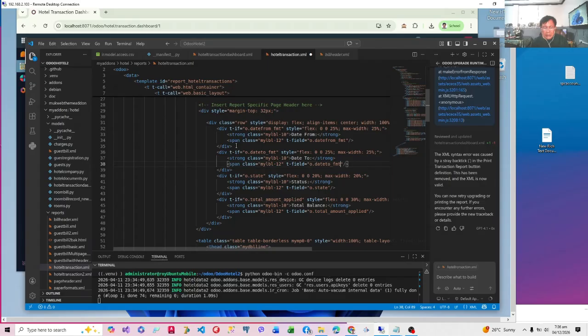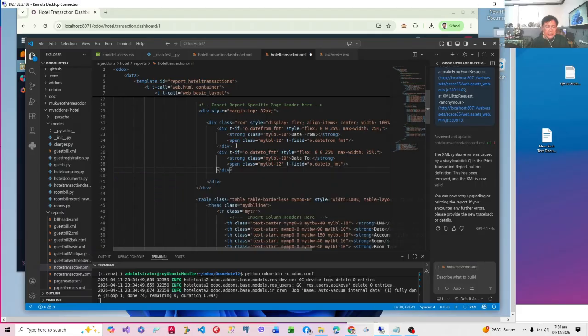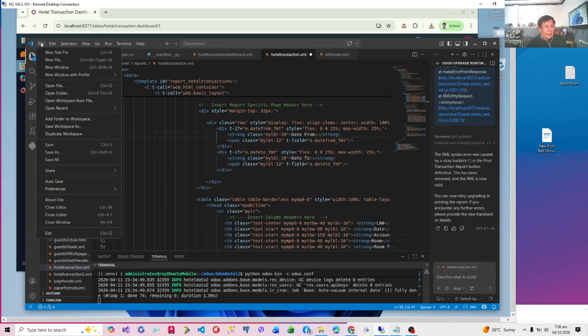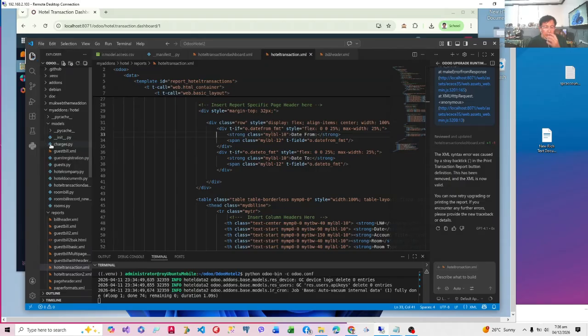Okay, we don't need state, we don't need amount applied. Okay, so you have this div which is a row, and then we have that. Okay, let's try to update this.